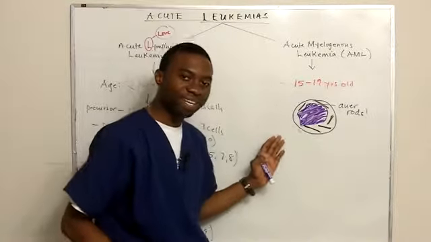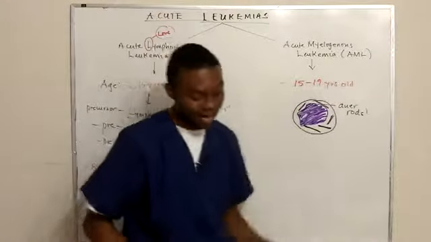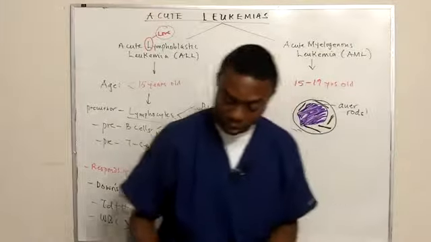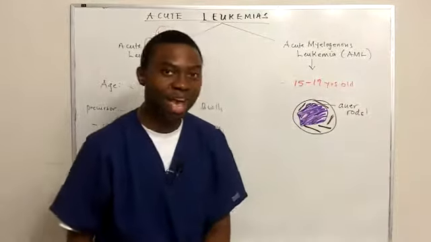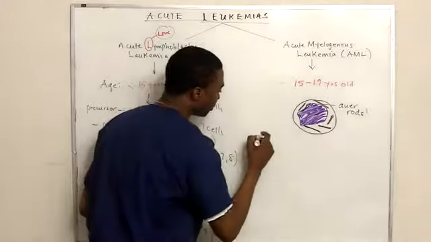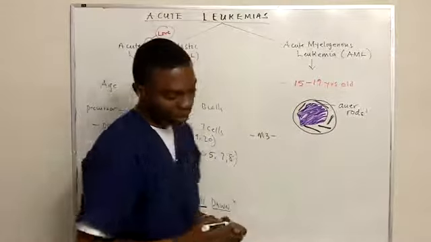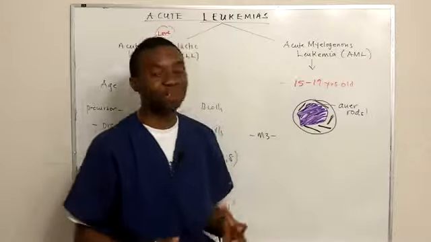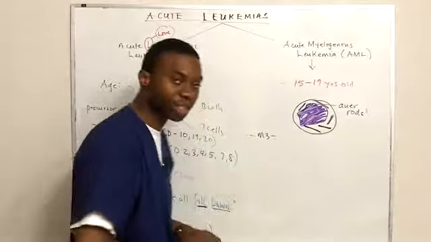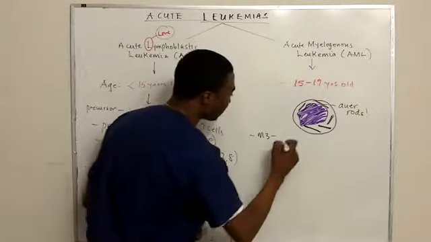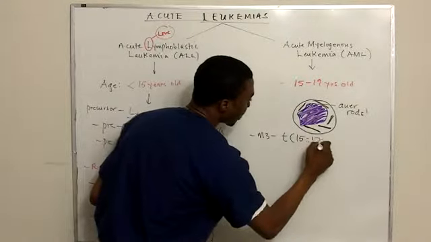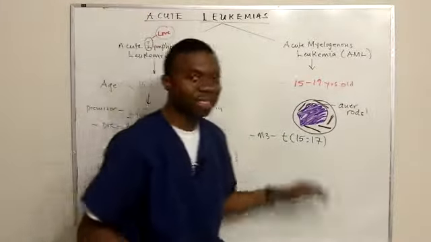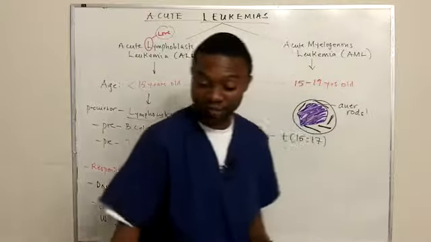Now, usually there's a FAB classification of AML, and there are about 6 classifications, but I'm only going to tell you the most important ones that you need to remember. The most common one which you need to remember under AML is the M3 type. The reason is because this disease has tons of Auer rods in it, and it's noted for the translocation 15;17. The translocation 15;17, because the good news is we can treat this with retinoic acid, which is basically vitamin A.